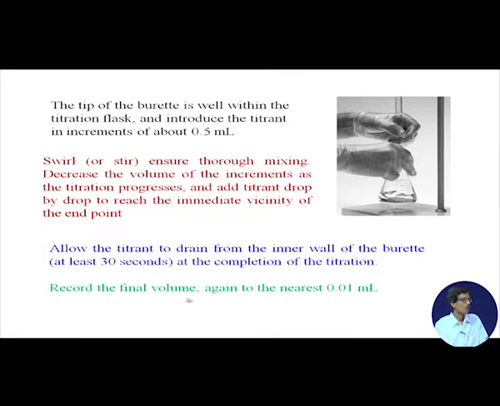So, record the final volume to the nearest 0.01 ml, not 0.1 ml. 0.05 ml is basically the volume of a particular type of drop, if your burette is a good one. So, within this value, 2 drops will give you that. We are looking for an end point with 1 drop of addition, not 4 or 5 drops that you add before you get the end point. So, it is basically a mastering of this particular technique.